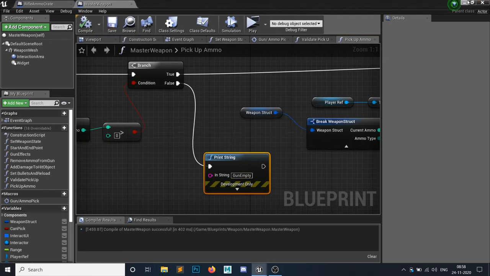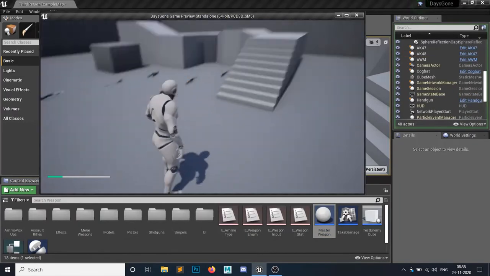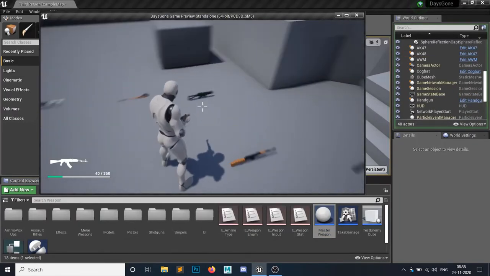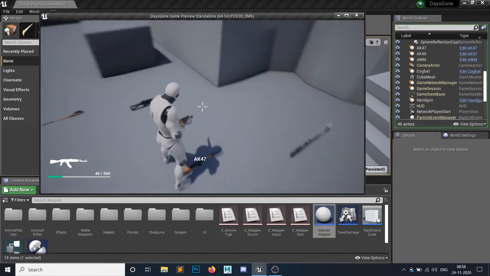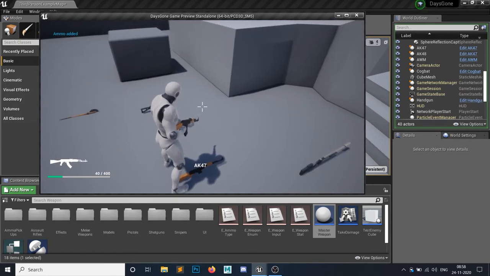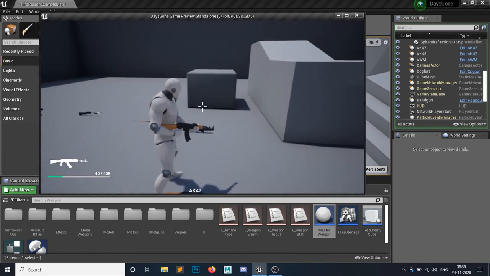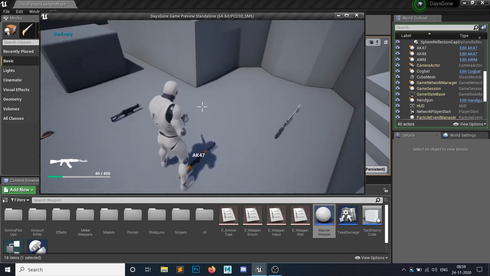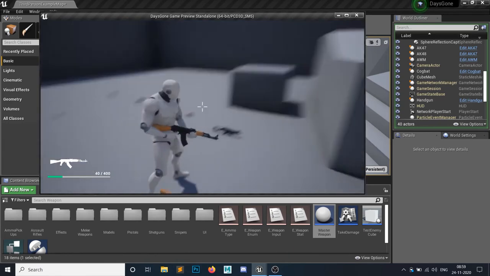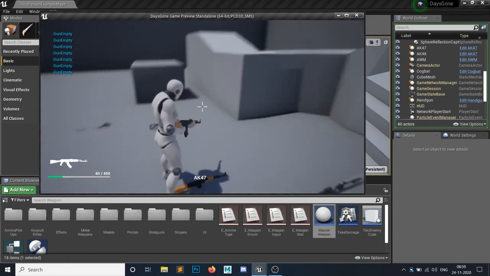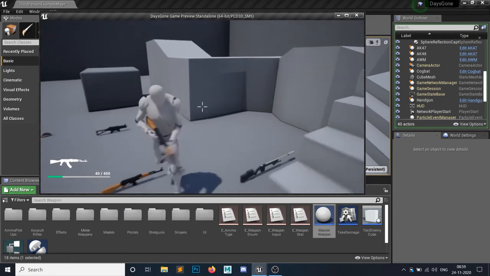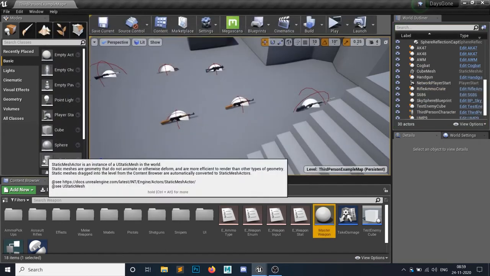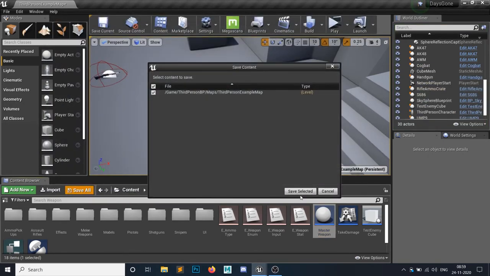Yeah, we have added all the things. First thing we will add, so our player, yes, now if we interact with this, we added the 40 amounts of ammo to our current, but it is not being picked up. If we hit again, it says gun is empty, right, because we took the ammo from it. Alright, so we have done these two things.